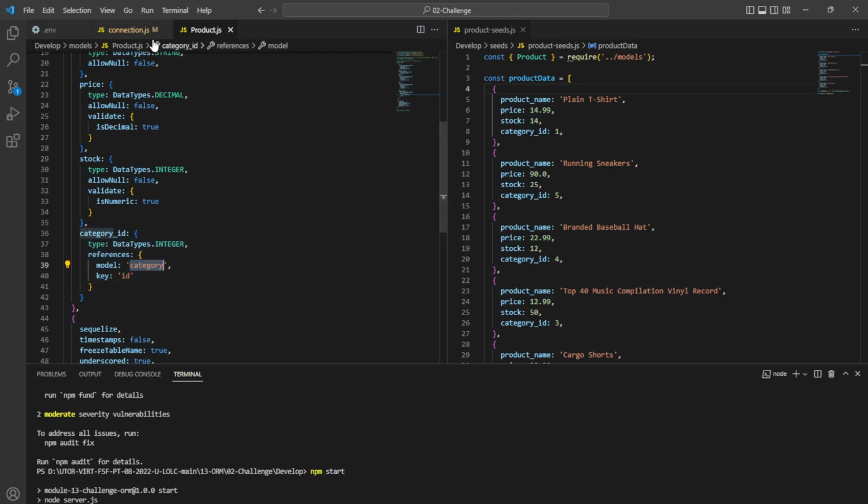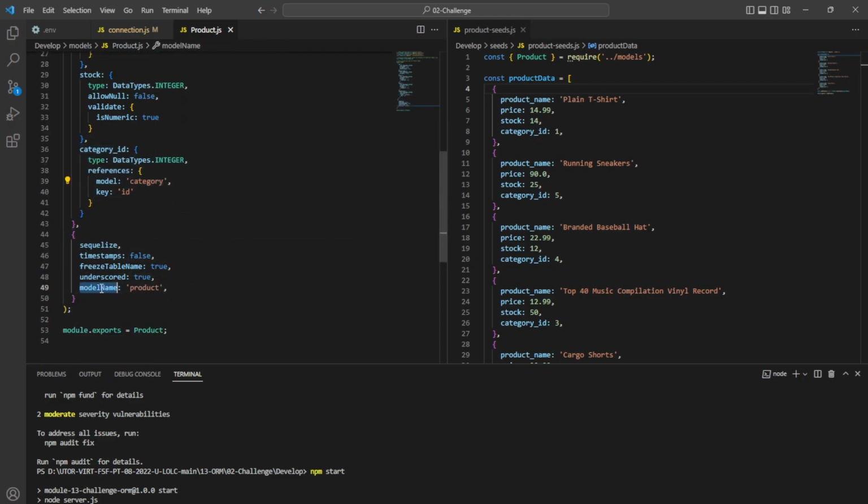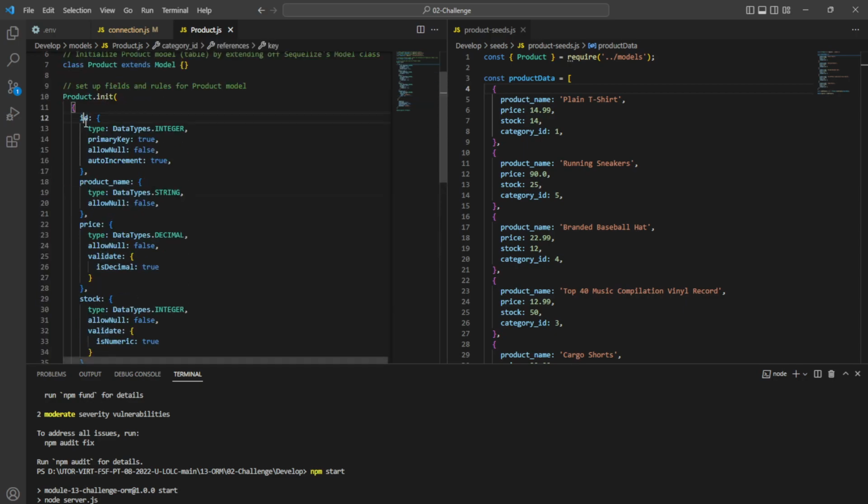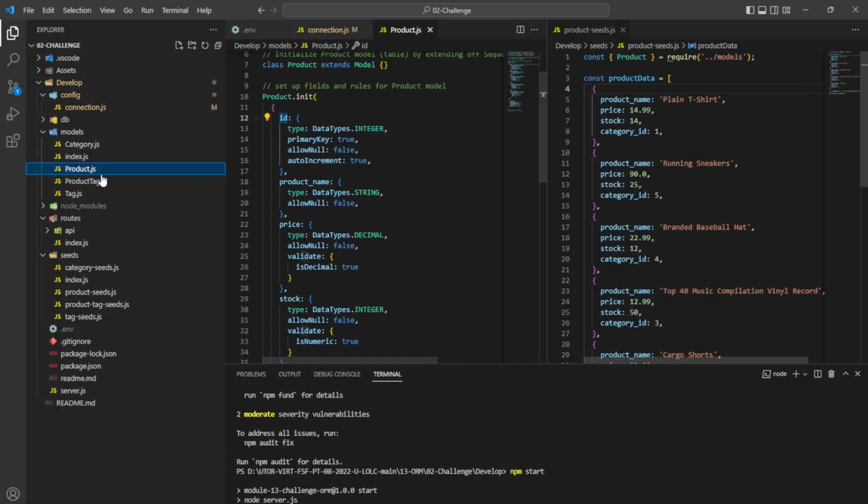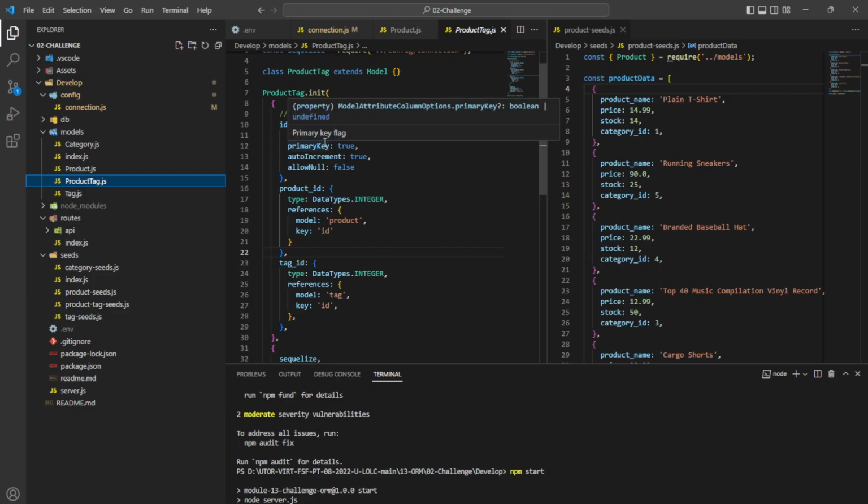The model is category, which at the bottom over here in category we state that it was category, and here the model name is product, and the key was ID, which is the first property. So then moving on over here, we did the same thing for